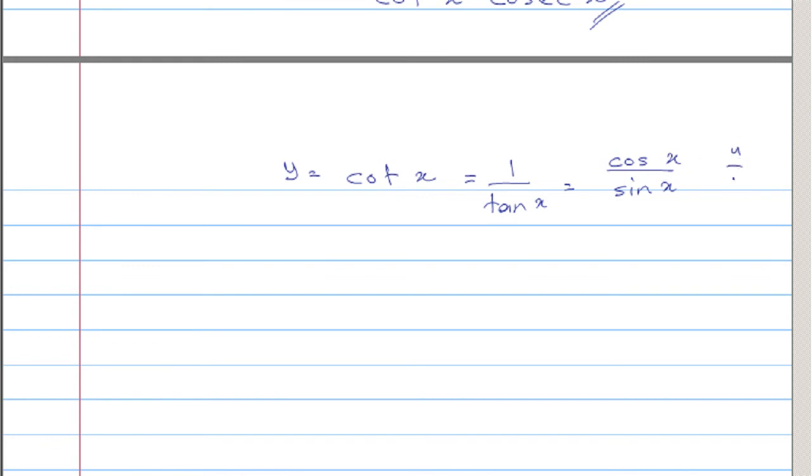And now use the u over v rule, or the quotient rule on this one again. So dy over dx will be equal to v du over dx, so that's sine x times minus sine x, the derivative of cos x. Then I have minus cos x times the derivative of the denominator, that is cos x again,